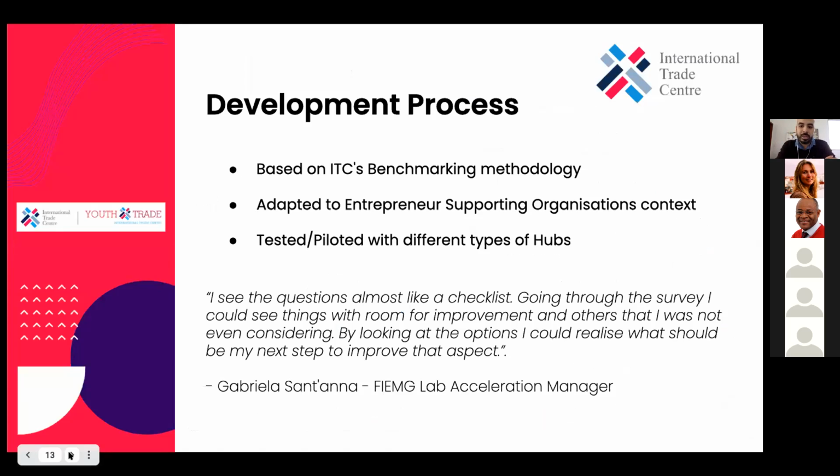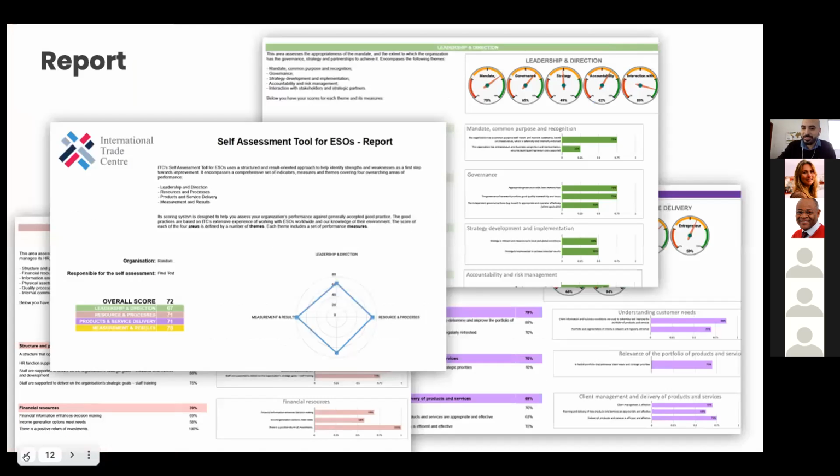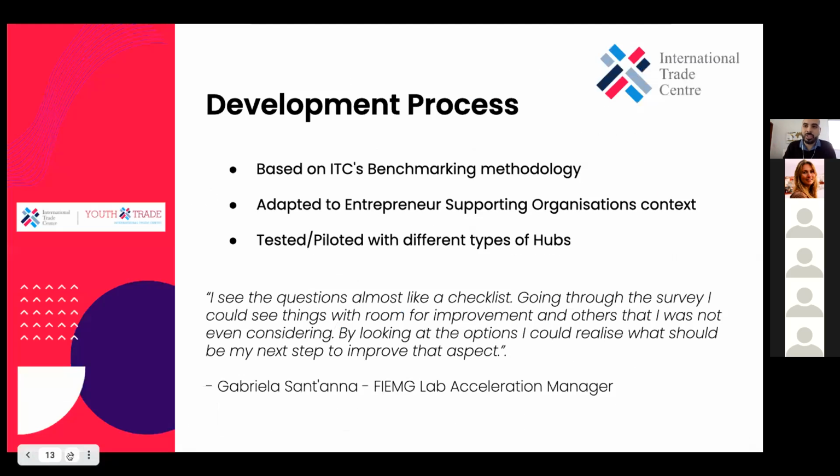We adapted the language for the context of entrepreneur supporting organizations or hubs, and we piloted with different hubs. At the time, we didn't have this beautiful report, so they didn't receive these graphs and the score. But just by filling in the survey, they could perceive value. This is quite interesting for me, and I deeply recommend you fill it in after we launch the tool and give you the link.